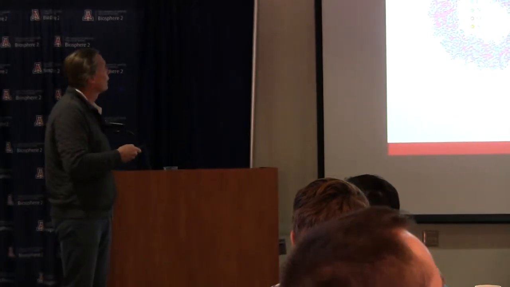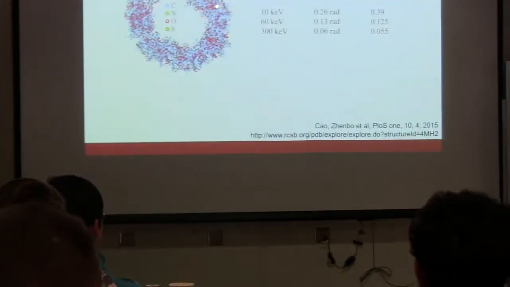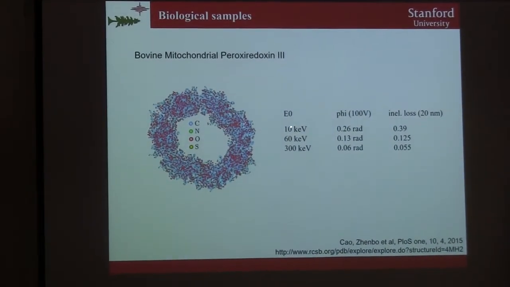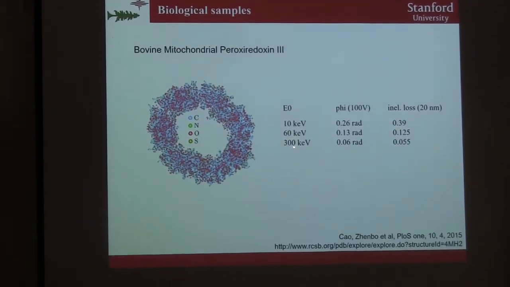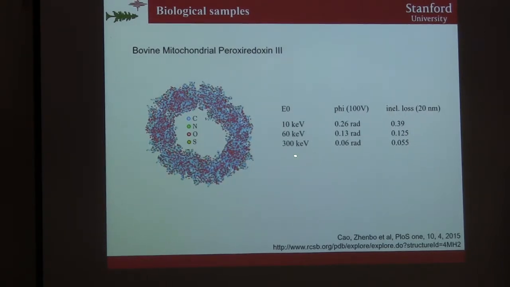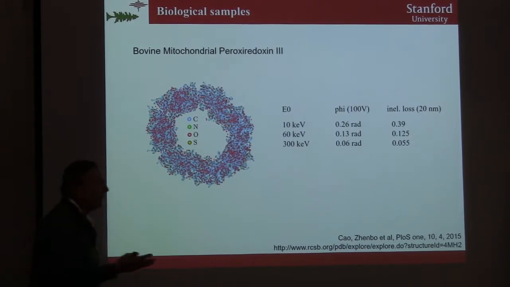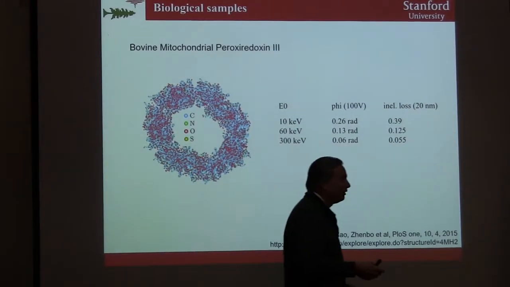For 100-volt levels of potential, which is what a biomolecule like this will project, the phase shifts at 10 kilovolts, 60 kilovolts, and 300 kilovolts are much less than a radian. At the higher energies that are preferred for TEM, that phase shift is actually pretty small, just 60 milliradians. Now, the problem is that in addition to the phase shift, we also have, I want to say inelastic,